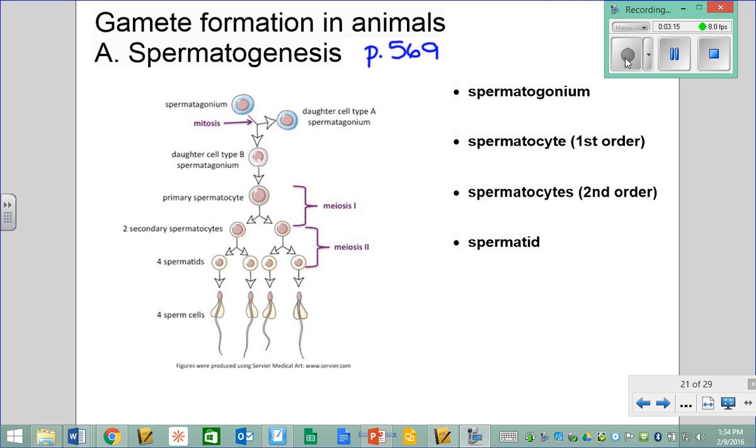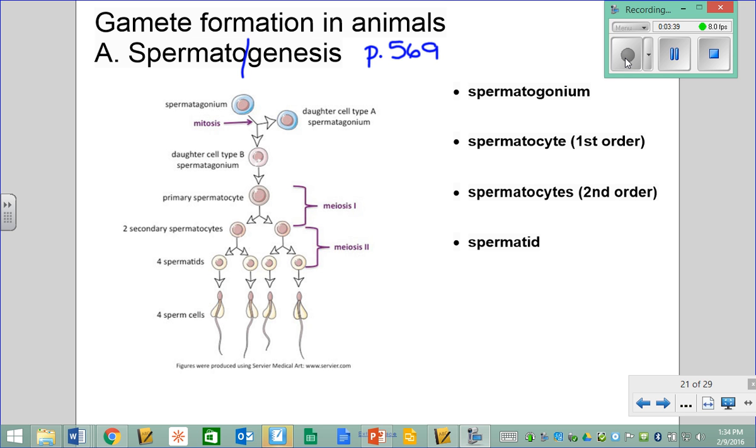So the first one we'll talk about is spermatogenesis, and it kind of has 2 parts to the word. Does anyone know what the piece of word Genesis means? Maybe you know that Genesis is the first part of the Bible. We're at a Catholic school, maybe you know that. You know what it means? It means the beginning. So spermatogenesis means the beginning of sperm.